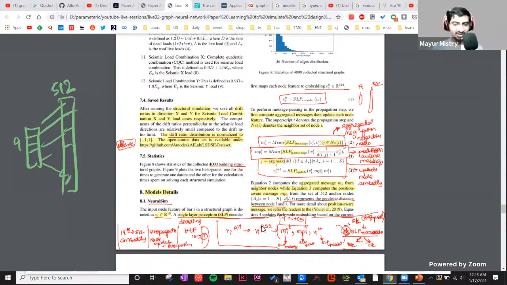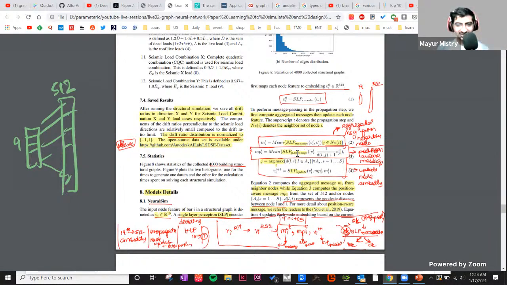Now, as we recall, once you have that, you start aggregating features from adjacent nodes. With each time step, you take the average of the nodes surrounding it, and then you embed that information. In this model, they have done 5 time steps. For each time step, there's a function, SLP message, which takes the mean of all the adjacent nodes. Vi is the node we are inspecting, and Vj is all the nodes that are connected. Then we are doing this position aware message, which is